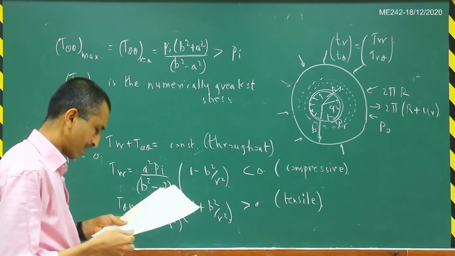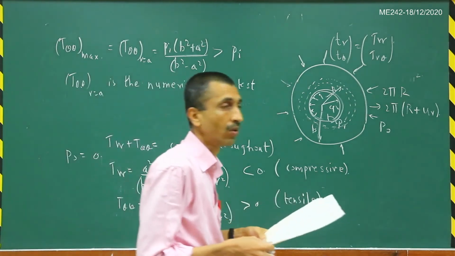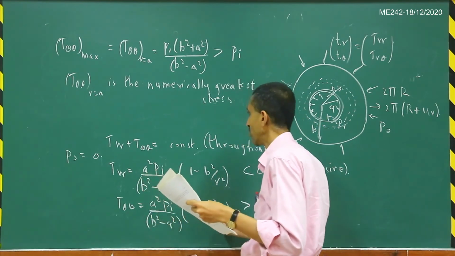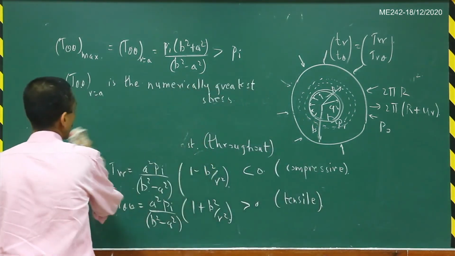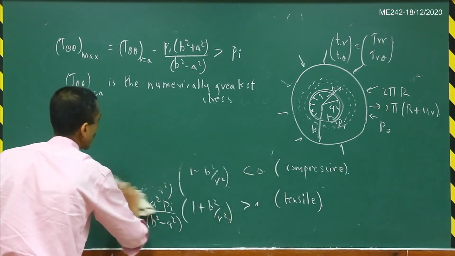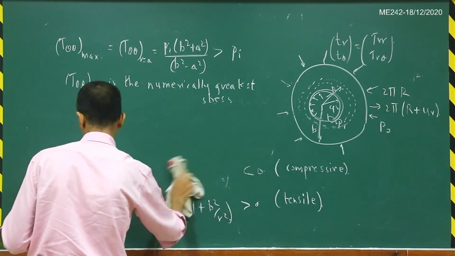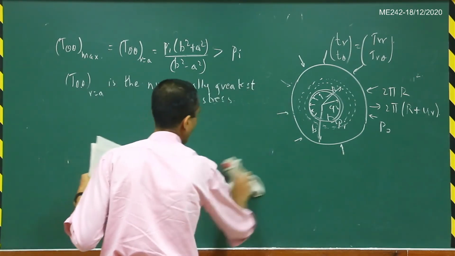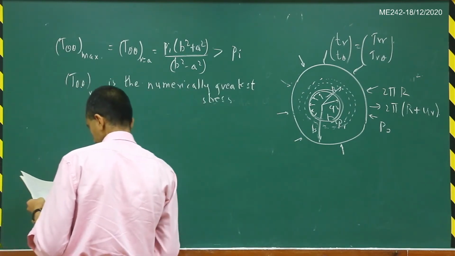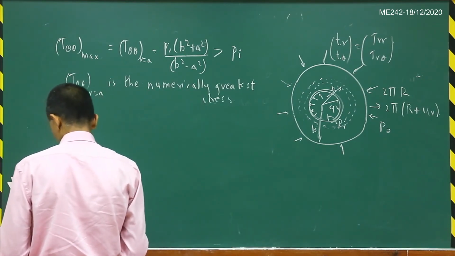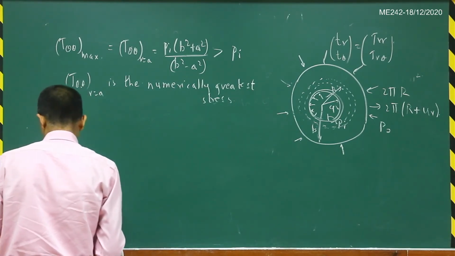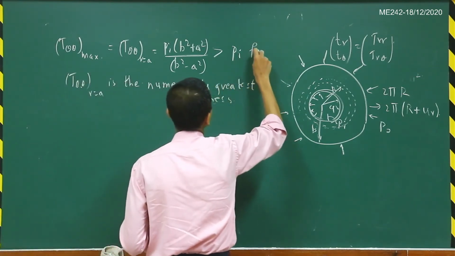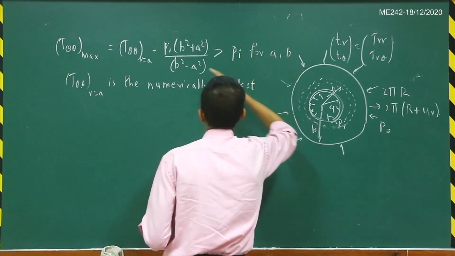Okay, then the last thing is this thin tube. So let us now look at the approximation for a thin tube here. So what do we get in that particular case? Actually this result is valid for all A and B. So anyway,